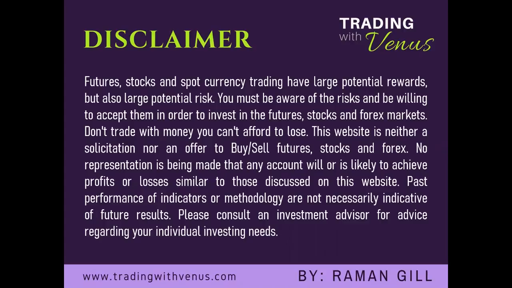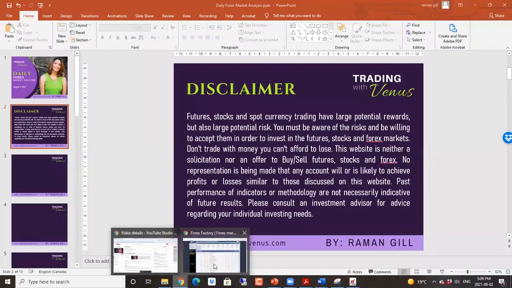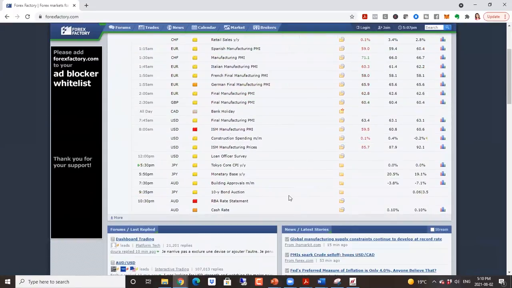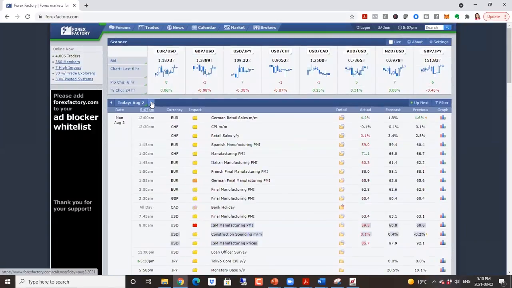As usual, we'll start off by taking a look at our calendar first. In terms of the data that came out today, we had the PMI numbers, and the PMI numbers for the US actually came in worse than expected. As a result, we saw the stock market take a hit and oil took a hit as a result of these PMI numbers that were worse than expected. So all in all, this was negative for the stock market, and we saw the US dollar go up as a result of the selling in the stock market.